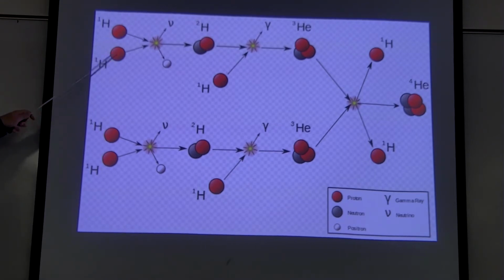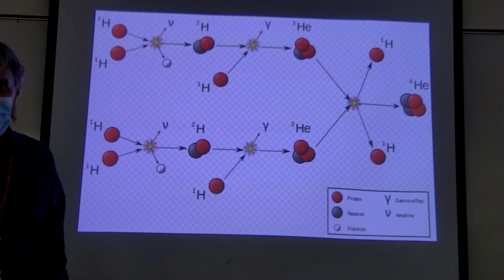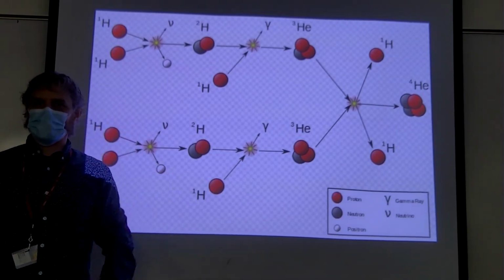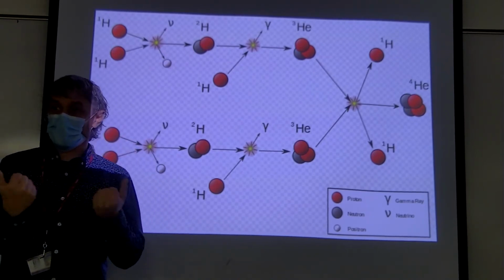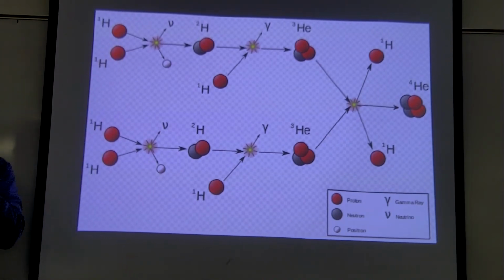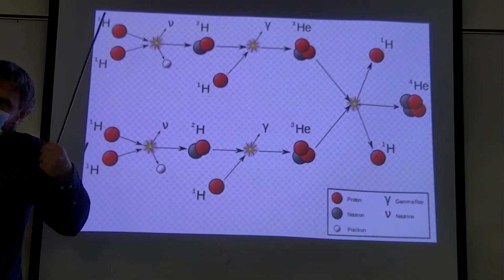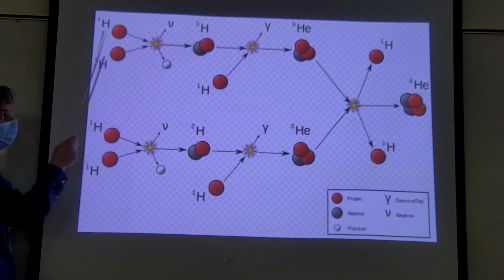This is a very simplified diagram of nuclear fusion, what actually happens. You start with two hydrogens. Once the temperatures and pressures required are reached, they get forced together. This is the process of work. They get forced together until they actually collide. These are positively charged particles. They don't want to come together. They want to repel. But if the pressures are high enough, then the thermal pressure will force them together, doing work, right? And then they collide.